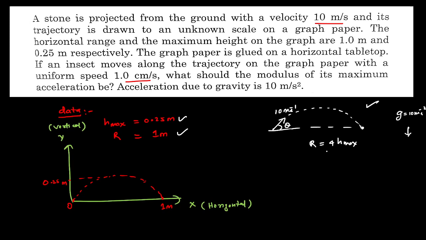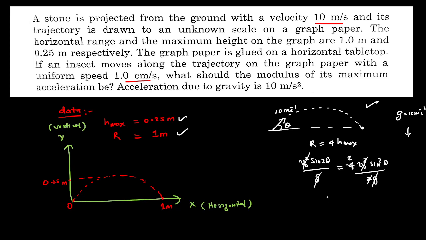So by using this information, we can write v naught squared sine 2 theta by g, the formula for range, equals 4 times v naught squared sine squared theta by 2g, for h maximum. Simplifying,